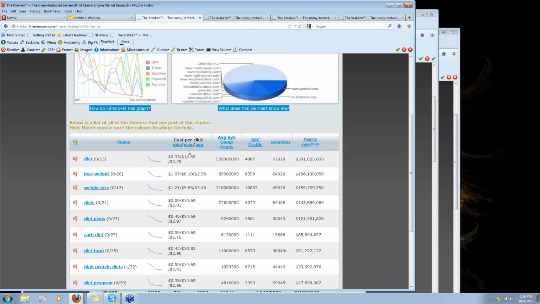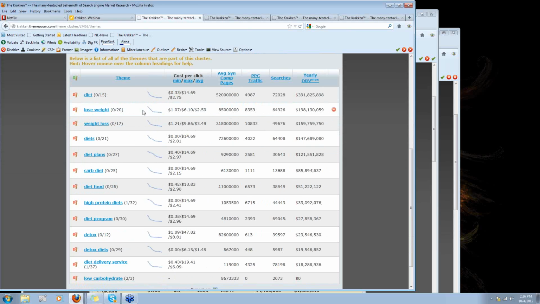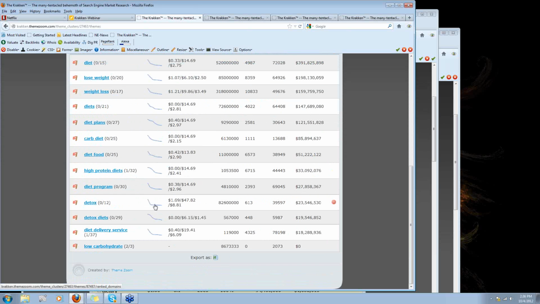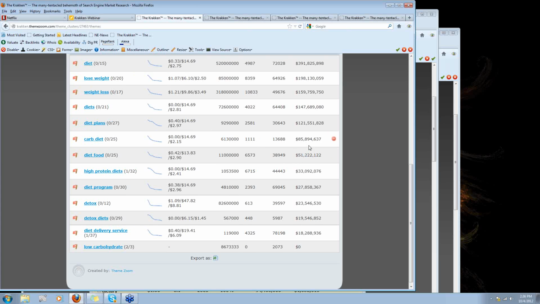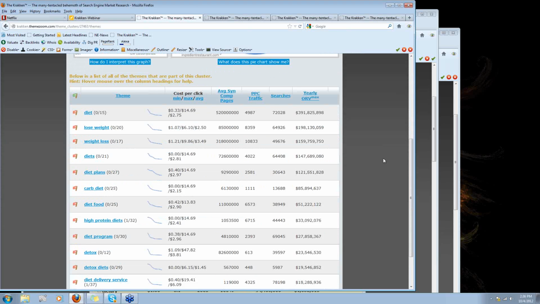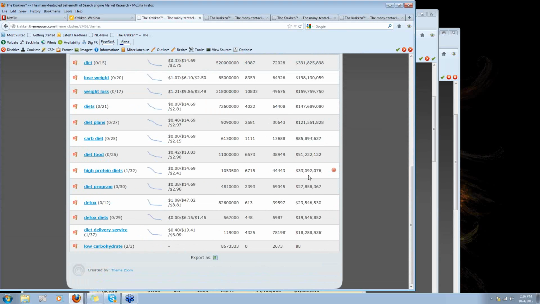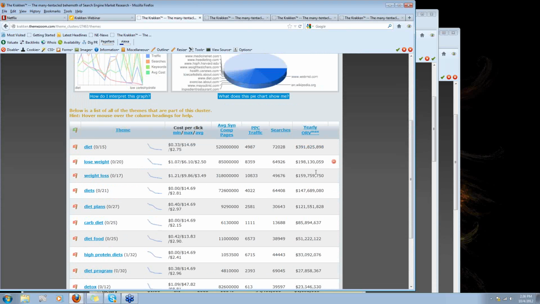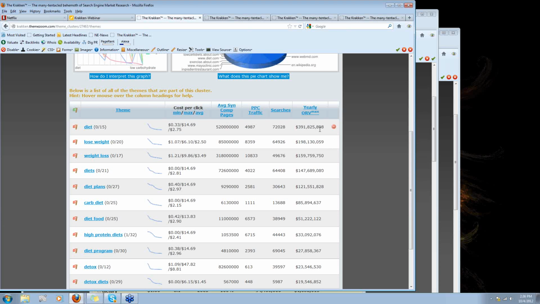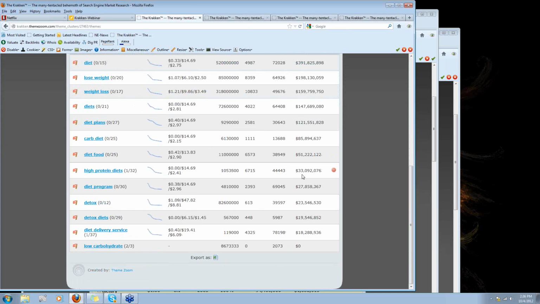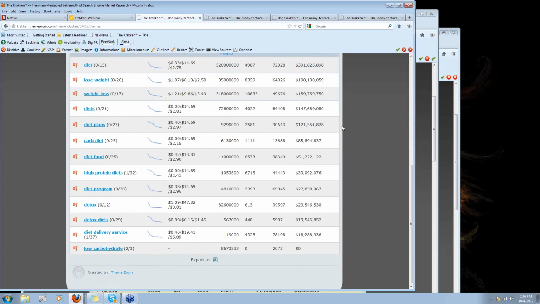The interesting thing about this screen too is that it doesn't count keywords multiple times. So if a keyword falls into diet, it's not going to count that keyword again in the tally over here. It will count it in this tally over here. Anyway, this helps me realize, does this aspect of my market really have enough money running through it